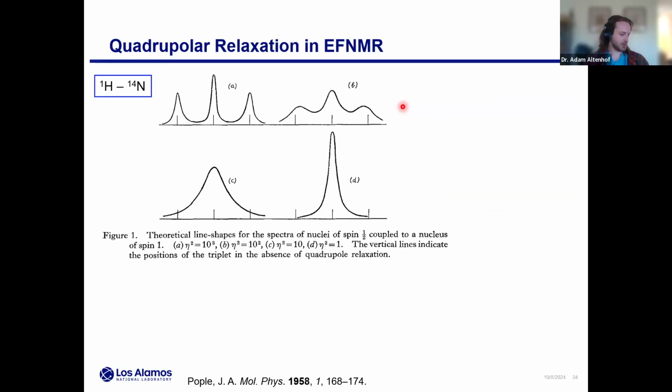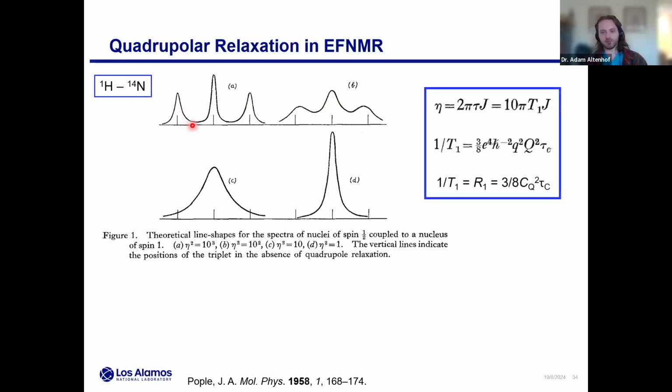Now, if we're thinking about detecting illicit materials in general, we have to recognize that nitrogen is almost always present in most of these materials. So if you're not familiar with this, if you have J coupling from proton to 14N, what you're going to see is a triplet because of the spin 1 14N nucleus.